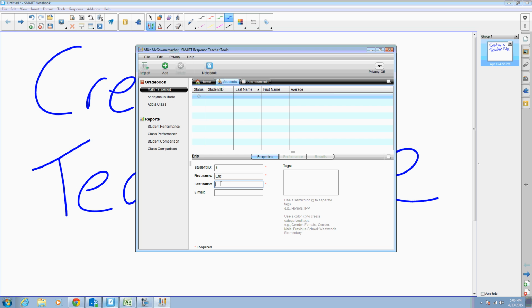Last name we'll say is Smith. Okay, email address I wouldn't worry about too much. And then we have this tagging box over here, which is covered in another video. And we can continue on and keep adding students by hand. Another option that we could do